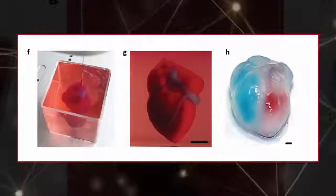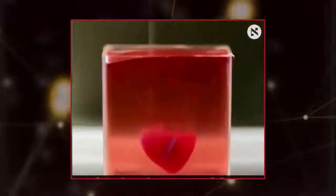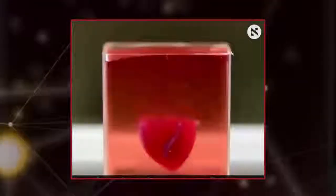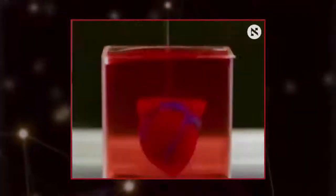It's not the first time 3D printing technology was used to print organs. For instance, a team of researchers at ETH Zurich created a 3D printed artificial heart back in 2017, but rather than using human tissue, those researchers used a flexible material,